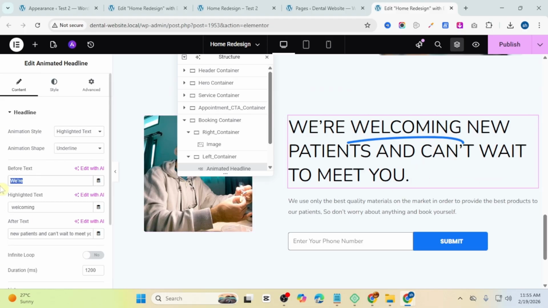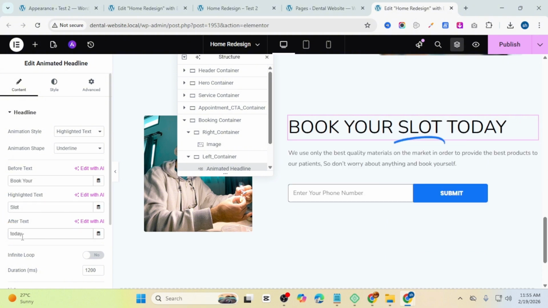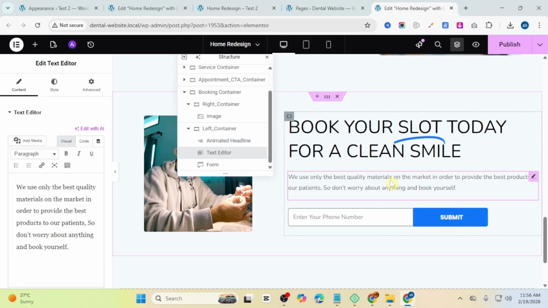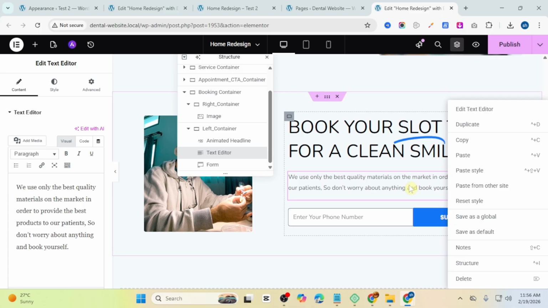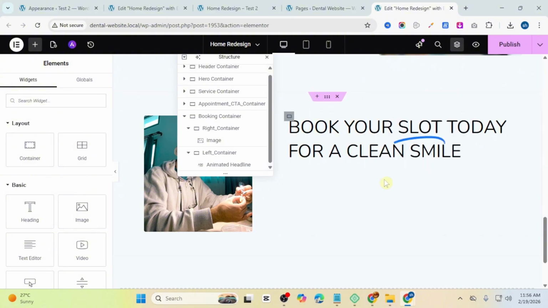So we are adding... and also, we don't want any text here, so just remove this. So just right click and delete this, and we don't want the form as well, so just delete it. Here we will add the booking system below the heading text. So first click on this publish